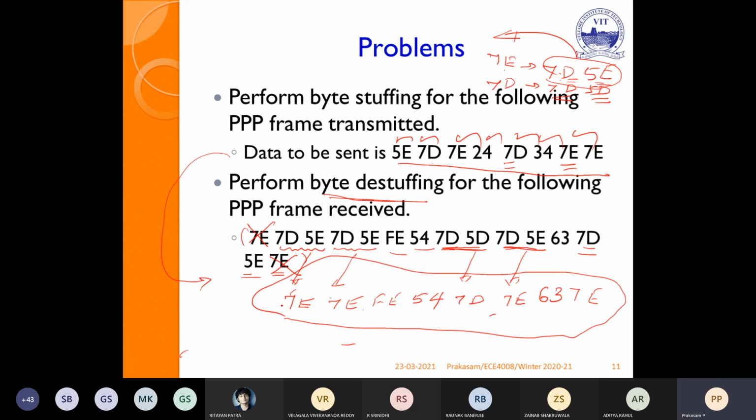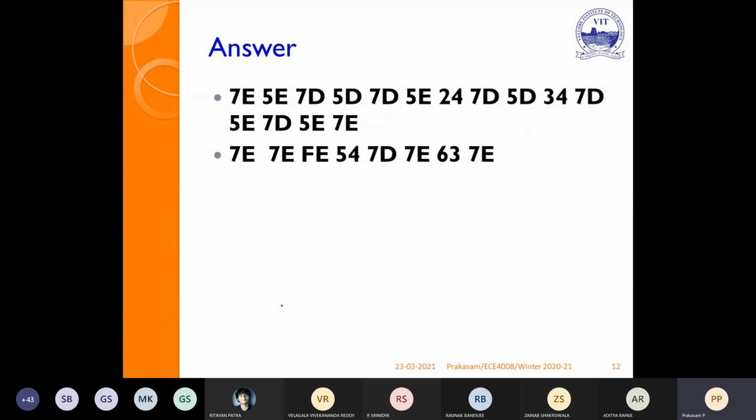So kindly practice a few problems on stuffing as well as framing. What is the need for framing? We have to convert from packet to frame in the data link layer. That is also a function of the data link layer, to represent boundaries, because in the inverse we have to combine frames and then convert the frame into a packet. To represent the starting as well as ending of the frame, we are adding some extra bits or bytes along with the frame.